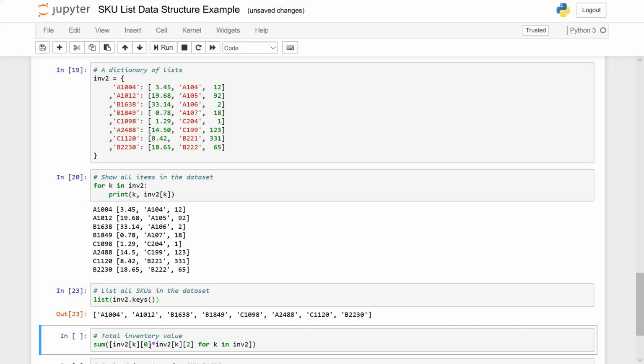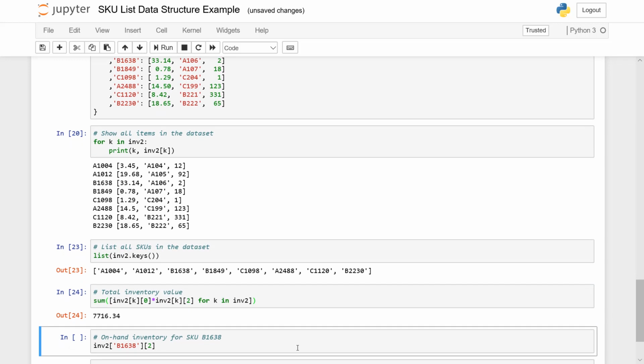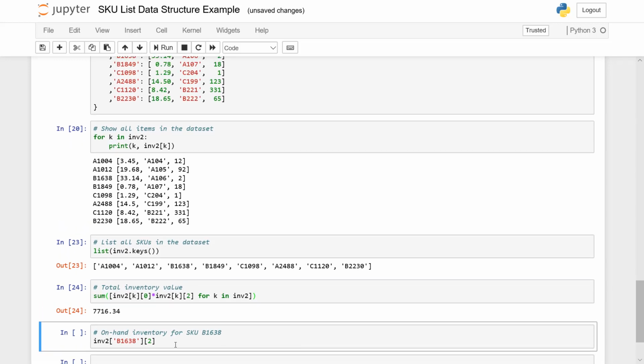And so the summation values that I'm doing is INV2 key 0. So this INV2K is going to return to me one of these lists, and then I need the 0th element and the second element to multiply those together to get the inventory. So there's our same 7634. And then the final thing that we do is get on-hand inventory for SKU